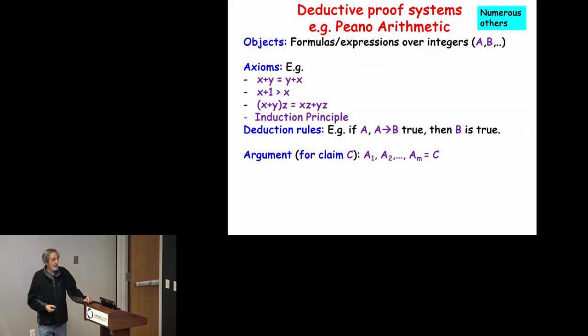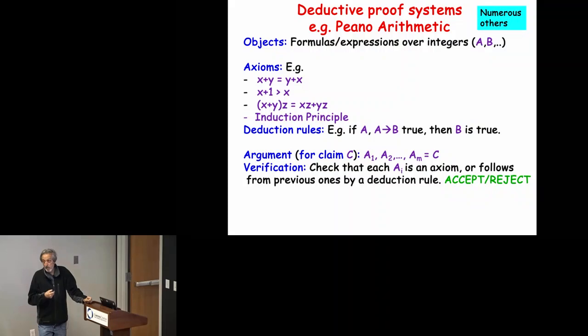What's an argument for a claim, some formula? So you claim some formula is a tautology. An argument is just a sequence of other formulas where each one is either an axiom or follows from previous ones by the deduction rules. So again, also in this proof system,